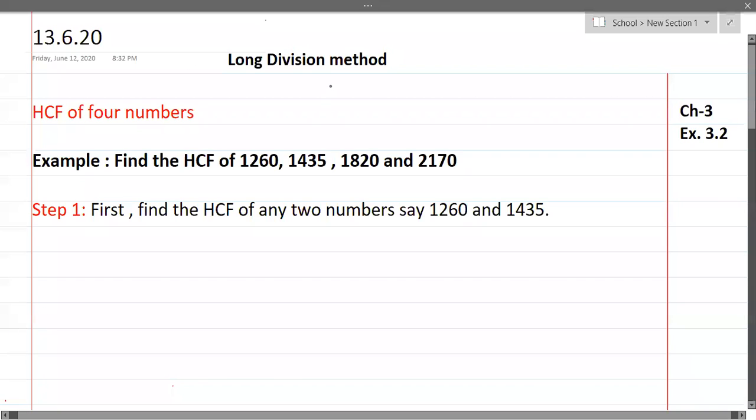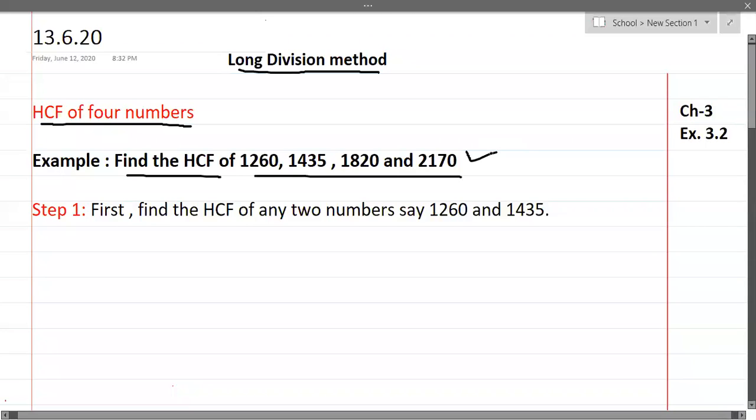Hello children, today we will learn how to find the HCF of four numbers by long division method. So in the previous class we have already learned how to find the HCF of two or three numbers. Now today we will learn how to find the HCF of four numbers. So here you have an example to find the HCF of these four numbers, that is 1260, 435, 1820 and